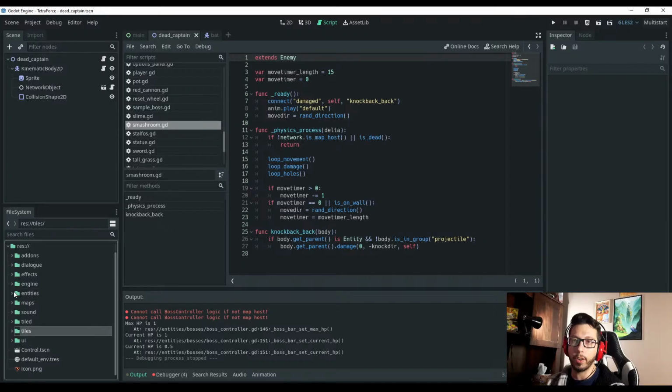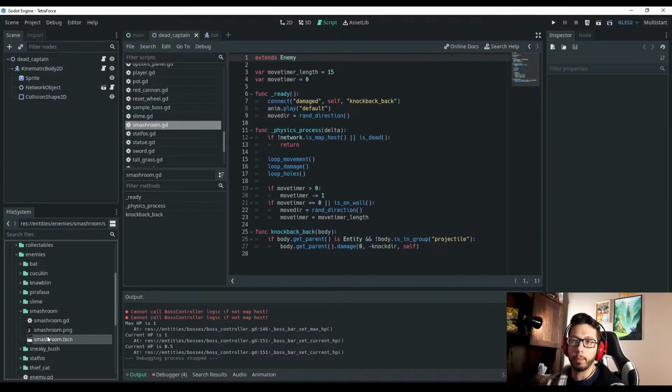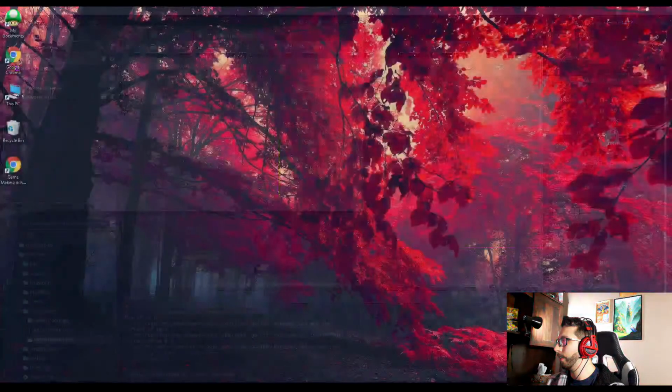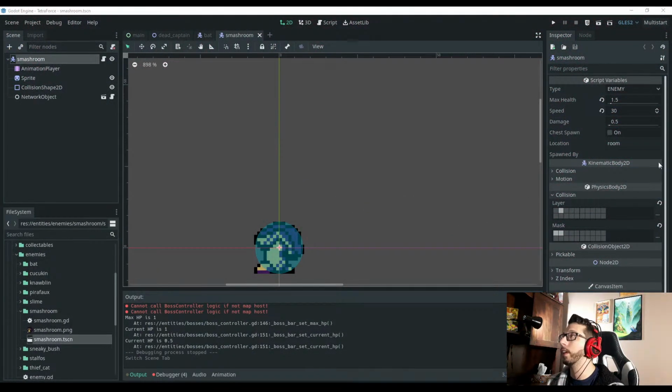Where am I trying to go? Entities, enemies, smash room. So his max health is 1.5. So I don't know why. Like when you place him, he will just. If you select